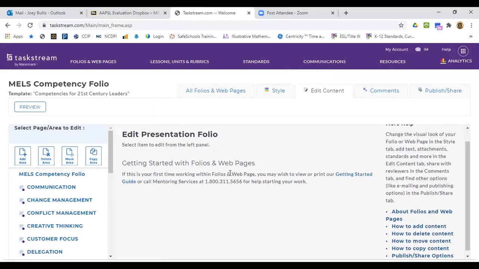Remember, we were talking to you about how you need to collect artifacts: pictures of you leading the meeting, video clips of you facilitating the PLC, agendas, screenshots of the email between you and the principal getting permission to establish a professional learning community. Those artifacts we talked about, maybe you would put them in the appendix at the end of your paper in your APSL task. Well, this is where, once you get the APSL completely done, tasks 1 through 5, not before then,